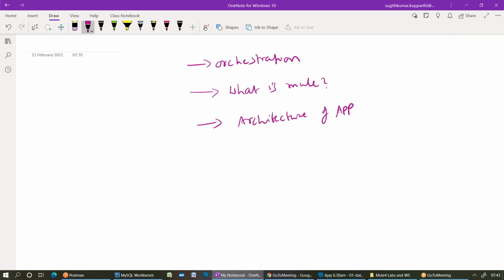Yes, obviously the sessions will be like that. In the first 2 to 3 sessions, I will spend a lot of time because these are very important. The basics are essential to understand the further sessions. Without basics, if you go directly to writing in Anypoint Studio, it doesn't work. So spending time on the fundamentals doesn't cost anything.